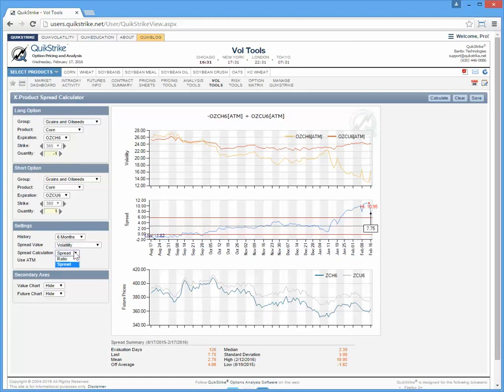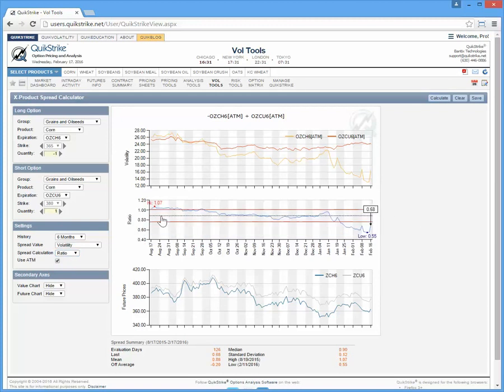Now let's turn on this ratio and calculate this and see what we get. So now what we're going to see is how these are related to each other from a volatility standpoint, right? So we have one over the other, and then instead of having a spread, we actually have the ratio. So if we go look down here, we see that it's less than 1, which is, this top one is the numerator, and this bottom one is the denominator. So that's where we're seeing that that March is much less from a ratio